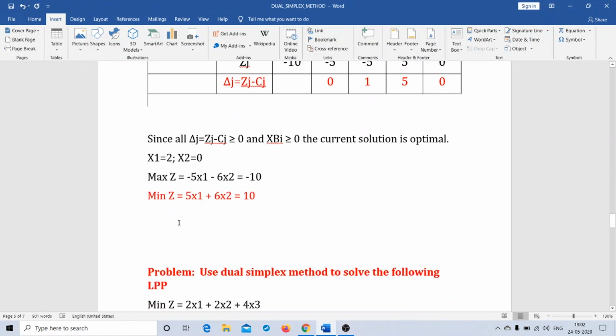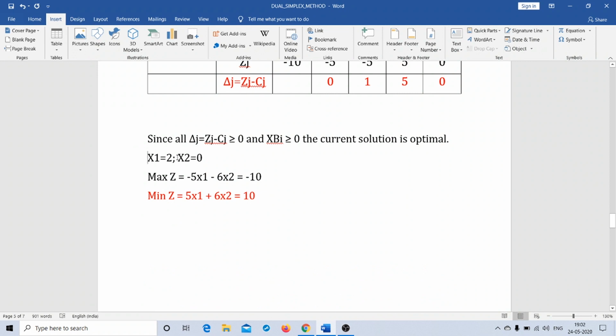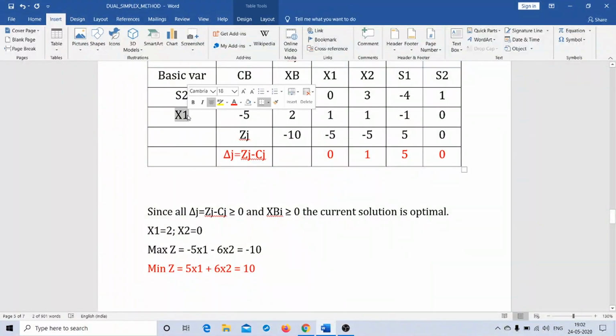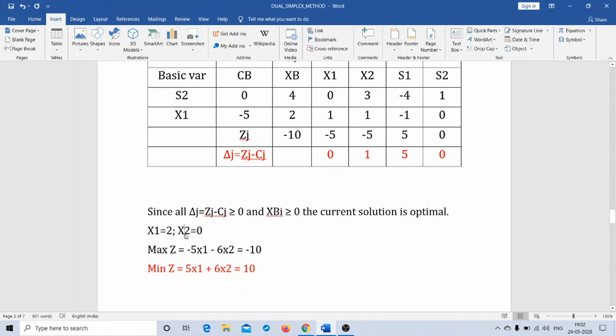value is this one, right? X1 is equal to 2 and x2 is equal to 0. So I have this x1 and I have this 2, and hence x1 is 2, and since your original decision variable x2 has not gone in the simplex table, we say the value of x2 is 0, and substituting these values of x1 and x2, we get maximum z is equal to minus 10,